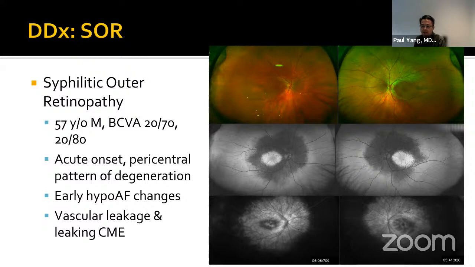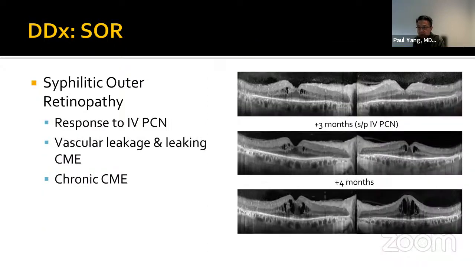You see on angiography, there's kind of early autofluorescent, sorry, there's vascular leakage as well as leaking CME, okay? That's probably one difference. In Azor, you don't see as much leakage. And in this patient, they were treated with IV penicillin. And the vascular leakage and the leaking CME,